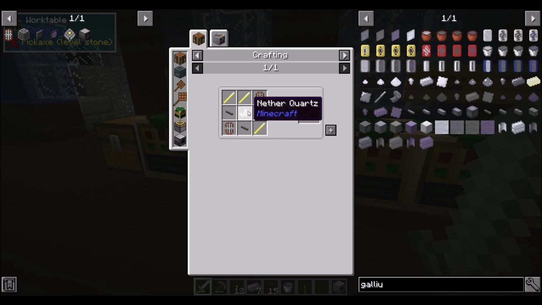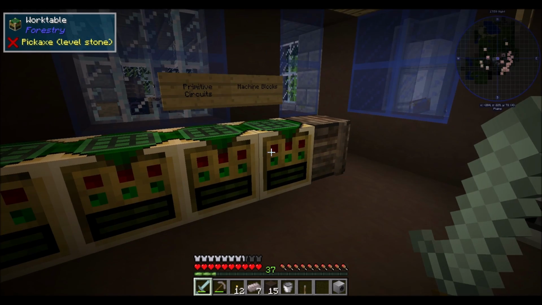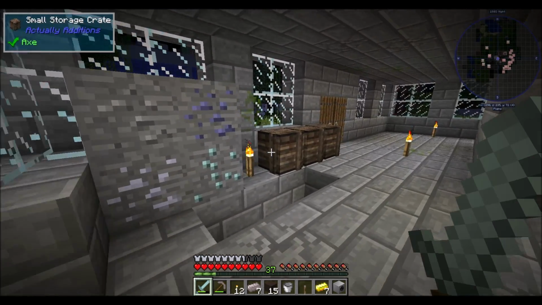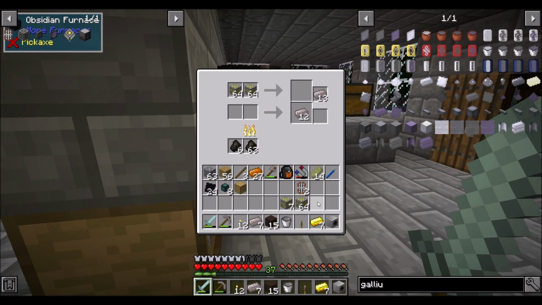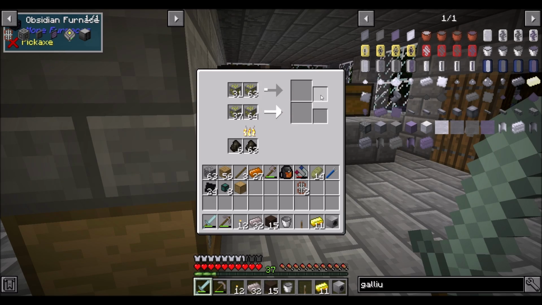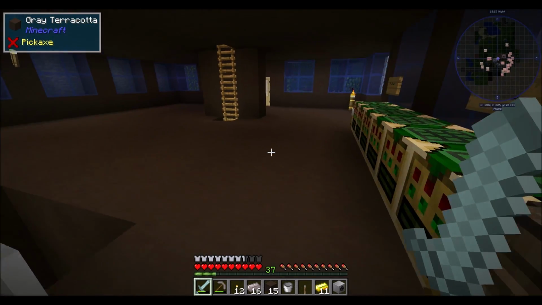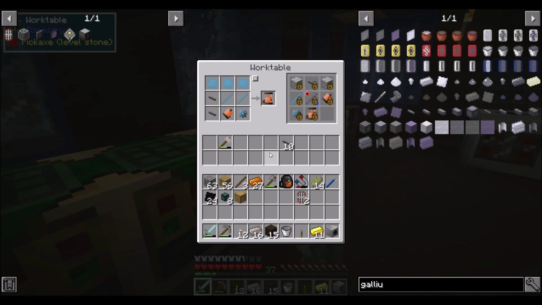So that's 2 quartz. Now I need some copper wires and some gold rods. So that shouldn't be too bad. I've got plenty of gold. I should start smelting it. That should be cool. You could do more of this because we clearly need more wrought iron. We're going to need